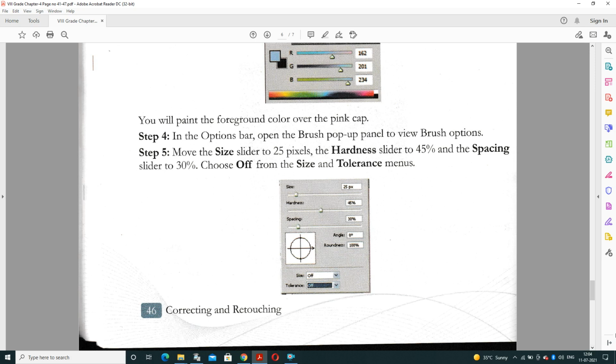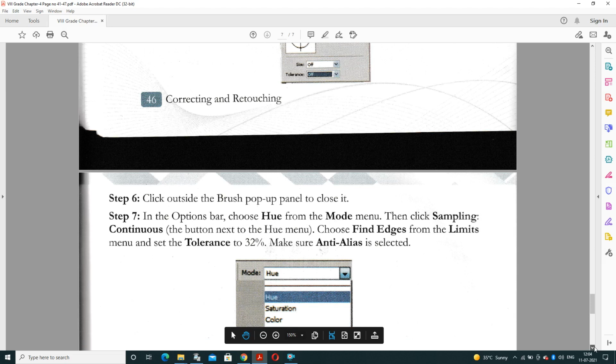So this is the setting: size 25, hardness 45%, spacing 30%, angle 0 degrees, roundness 100%, and size and tolerance off. Afterward you will see the effect.